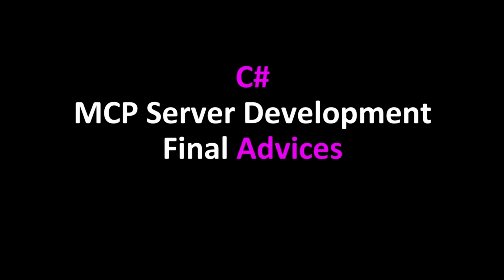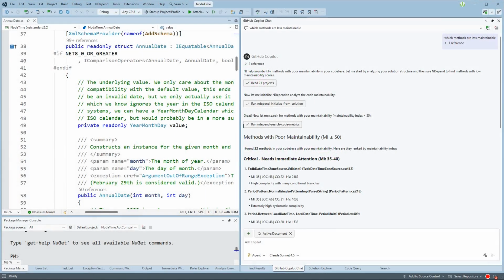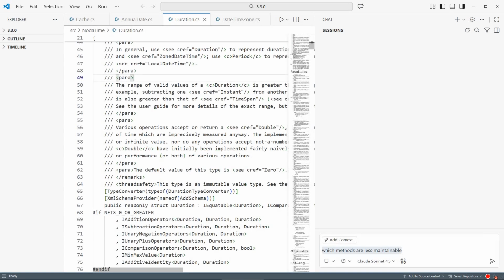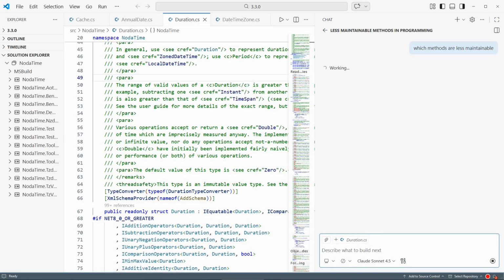To wrap up this video, here are a few practical development tips. When you're repeatedly testing MCP tools during development, we recommend using the VSCode Copilot chat window instead of the Visual Studio one. VSCode launches almost instantly, so you can start testing in just a second or two. Visual Studio 2026 has improved its startup time a lot compared to previous versions, but it still can't compete with